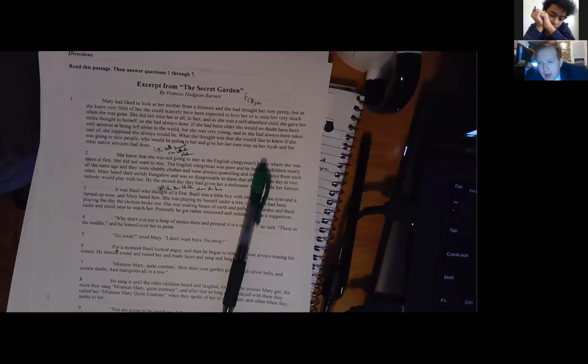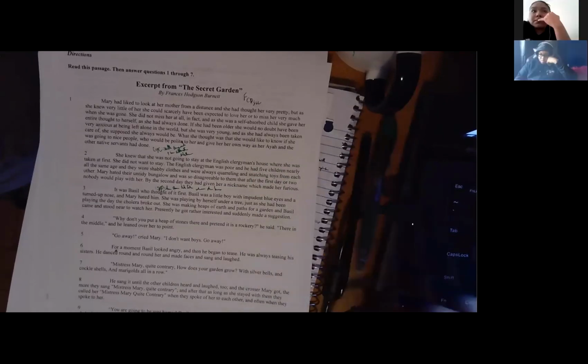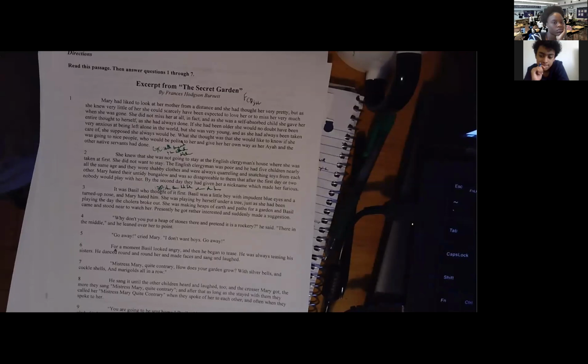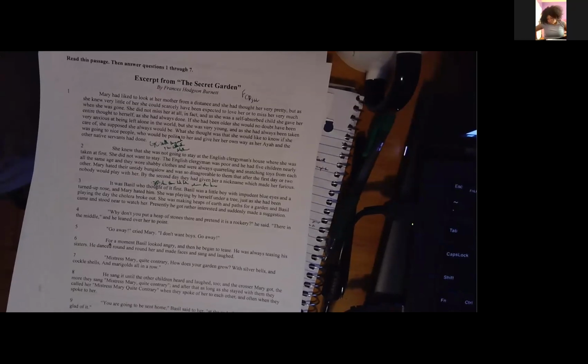Okay, I'm there. Why don't you read for us, dear? It was Basil who thought of it first. Basil was a little boy with impudent blue eyes and a turn-up nose, and Mary hated him. She was playing by herself under a tree, just as she had been playing the day